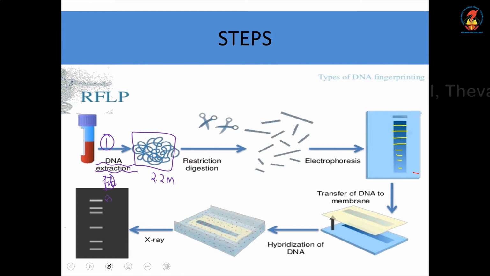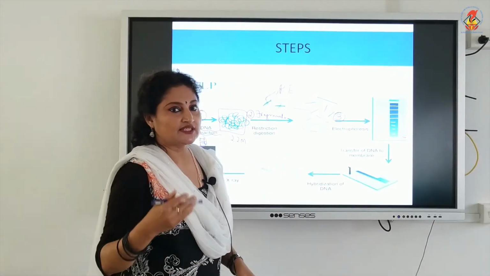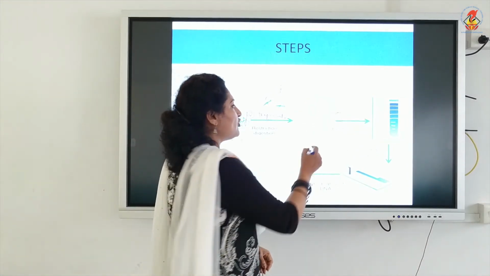Then the next step is fragmentation, using the molecular scissors, restriction endonuclease. So the DNA, next stage, what happens to the DNA? It is converted to fragments of various sizes. The third step is these fragments should be sorted according to their size, and for that we have to go for the step